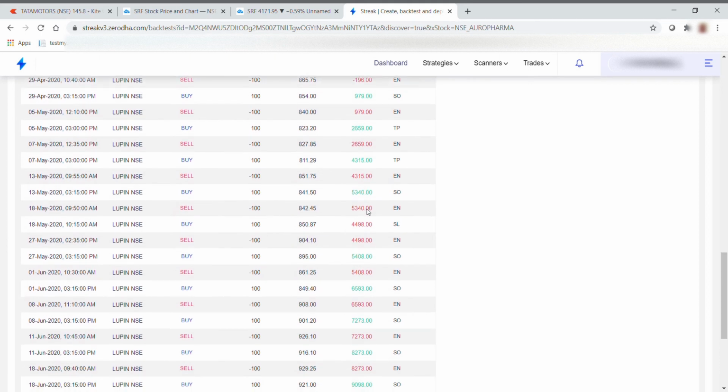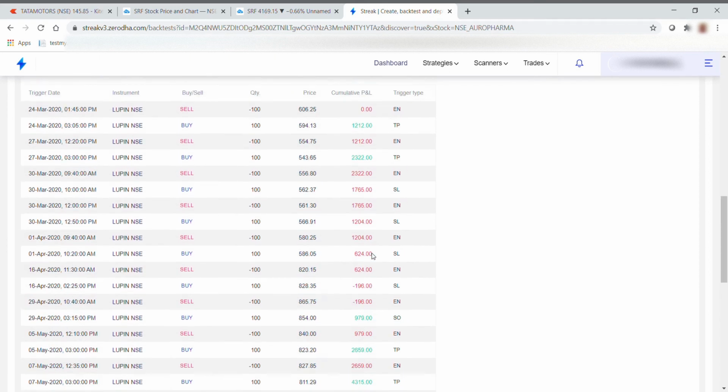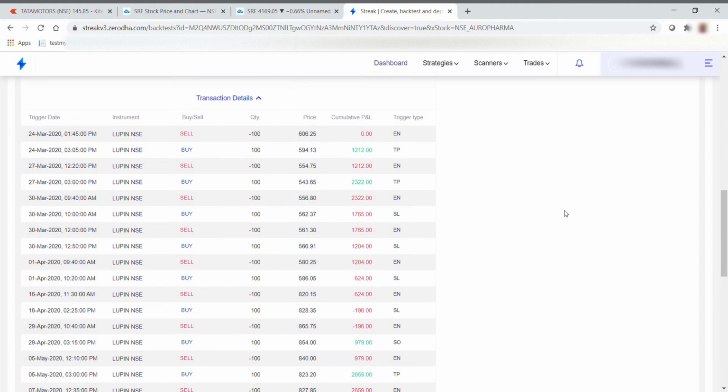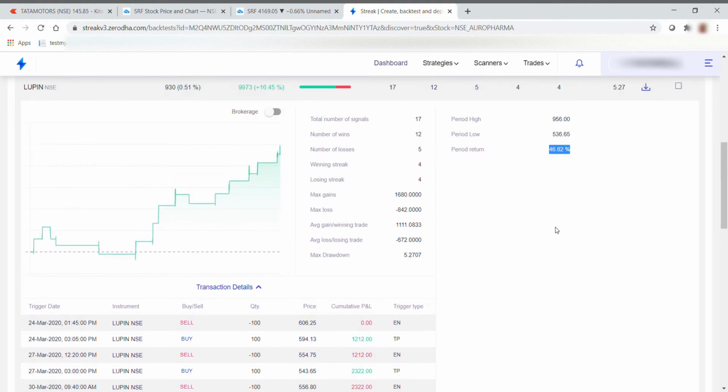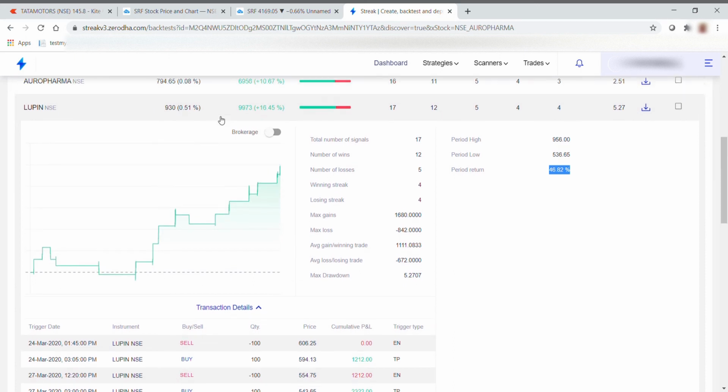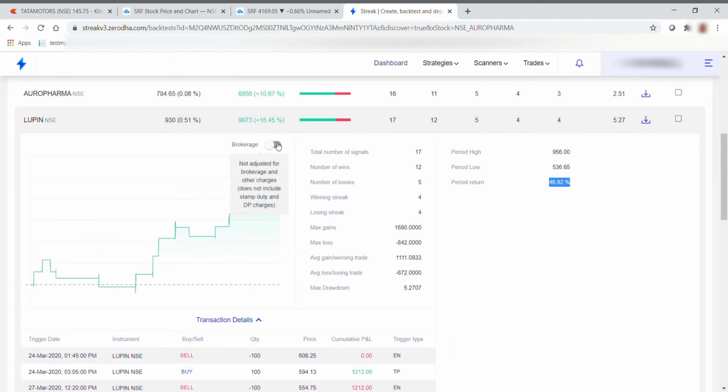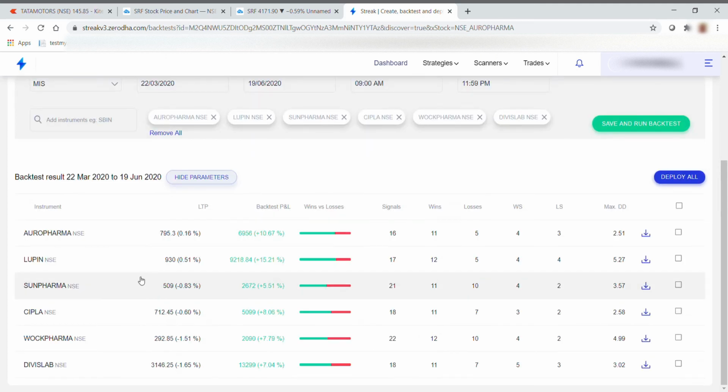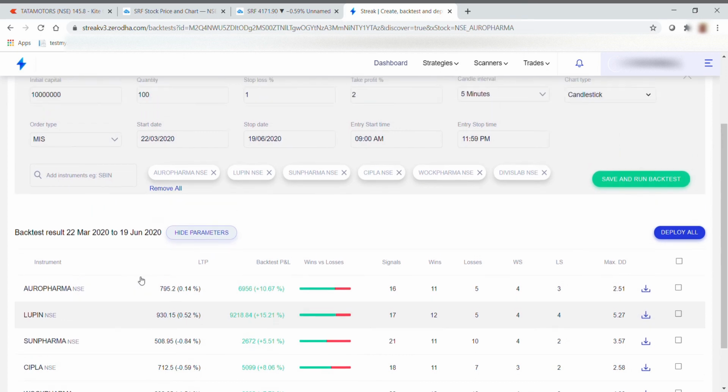Based on that we are getting a profit of 9,973. There's also an option to calculate our profit without brokerage. If you click on this, you'll get your profit without brokerage, that is 928. Similarly for other stocks also we have calculated here.